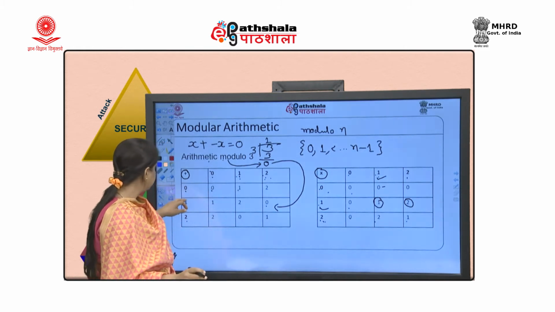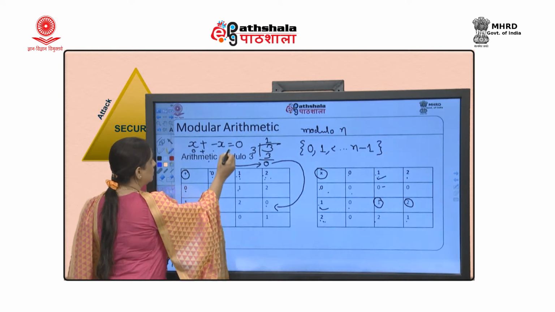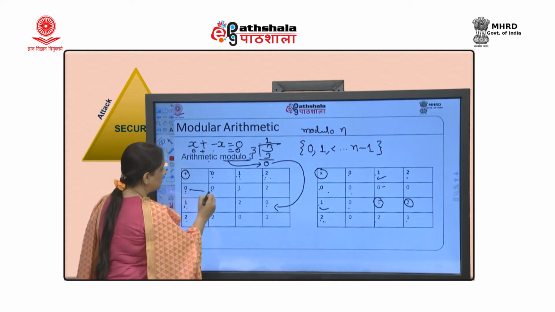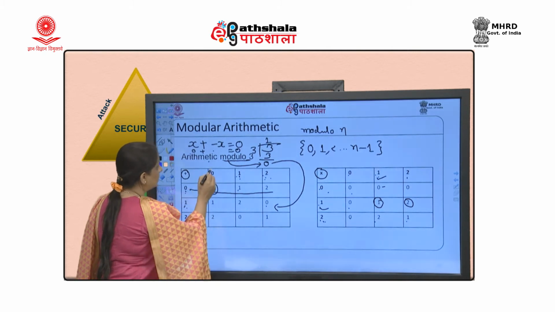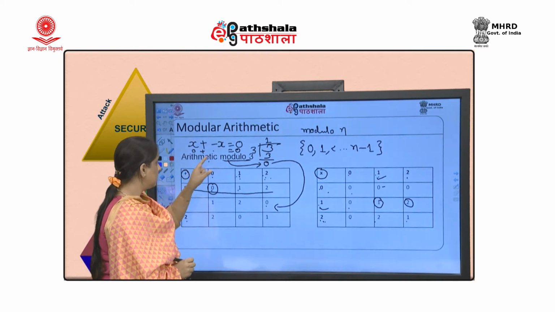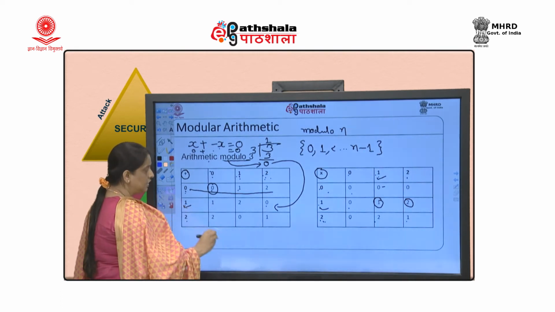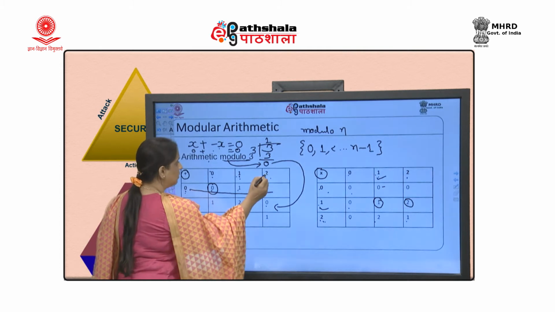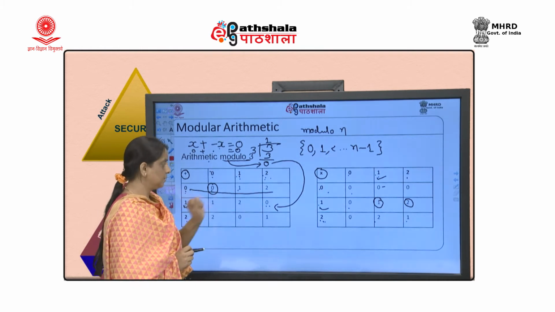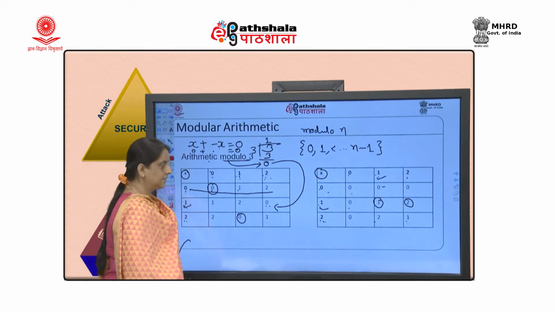Look here at the example. Suppose my x is 0. What should I add to 0 so that I get 0? Don't forget we are working with modulo 3. Check the row of 0, where it is 0. So 0 added to 0 is 0, so we can say 0's additive inverse is 0. For 1, which number gives you 0? 1 added to 2 gives you 0. So for 1, the additive inverse is 2. The same way, for 2, the additive inverse is 1 because it gives 0.